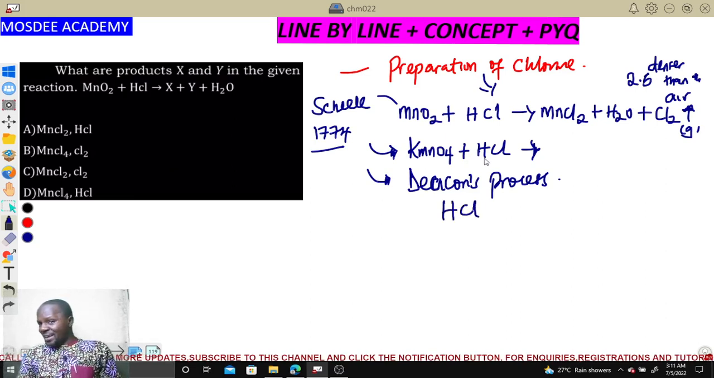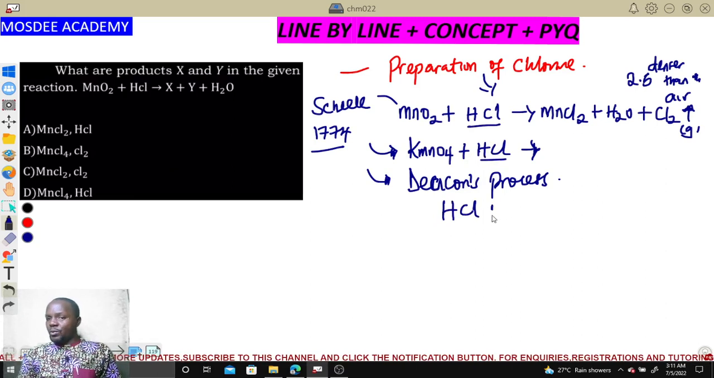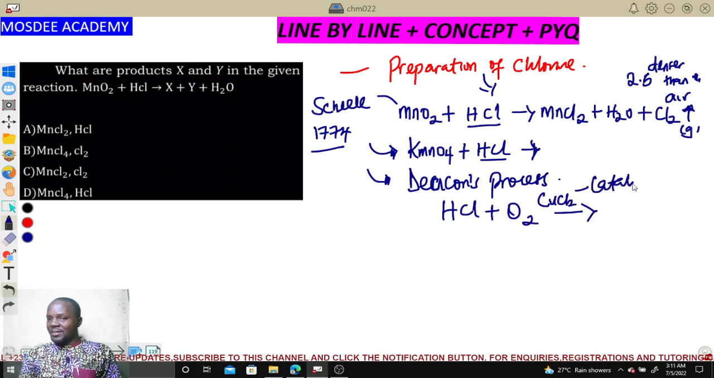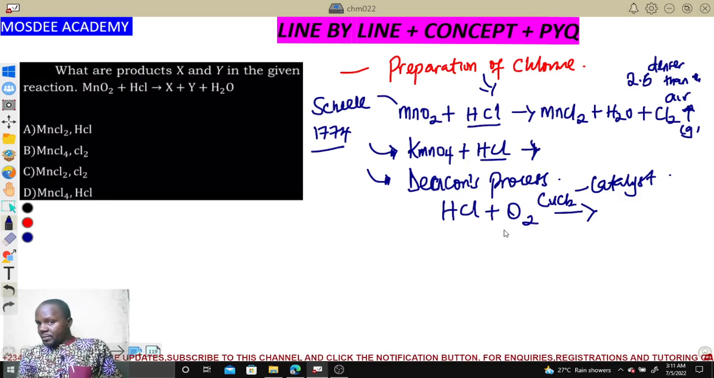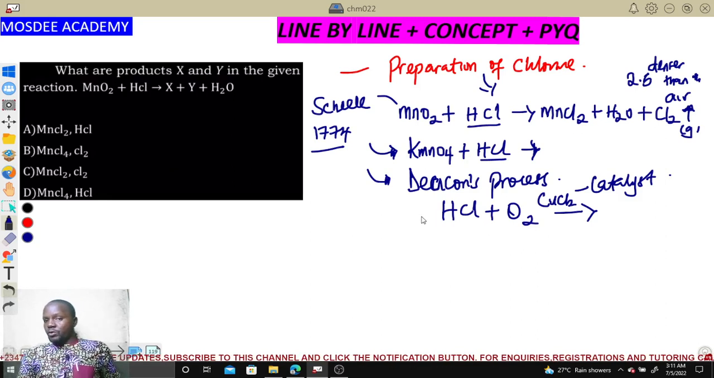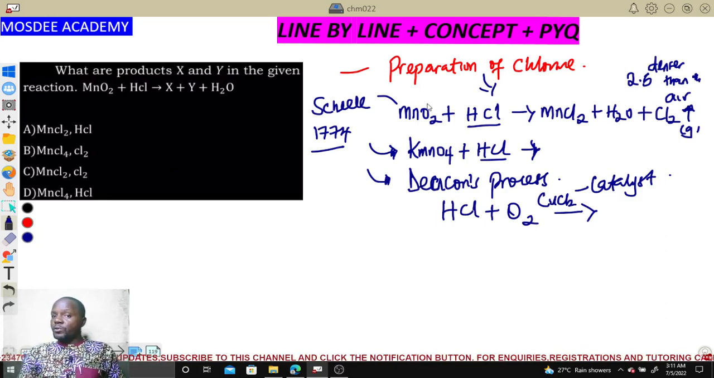Now, about Deacon's process, that is just mixing hydrochloric acid. You can see every one of them is having hydrochloric acid, so it's a simple way to recall. Hydrochloric acid with what? Atmospheric oxygen, in the presence of what? CuCl2 as a catalyst. So that is Deacon's process. Then another way you can also mix sodium chloride